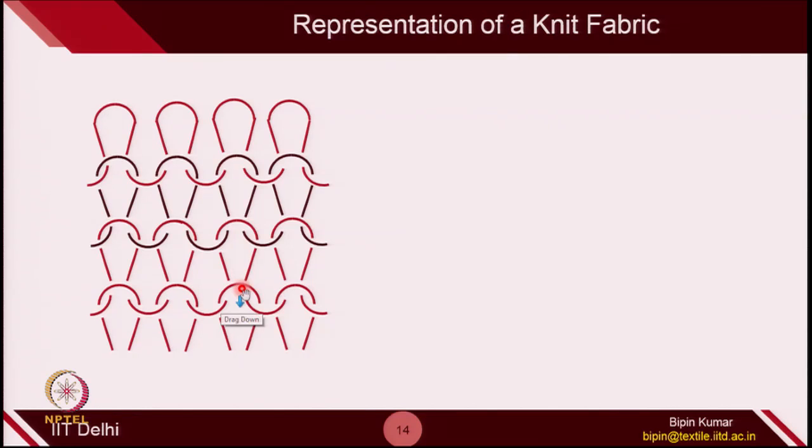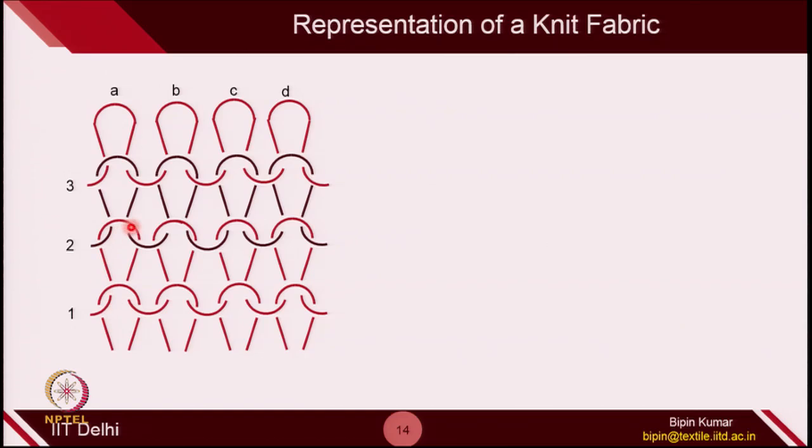To represent this fabric, you can easily find out the number of loops which you want to represent. For example, here you have 4 columns of loops A, B, C, D, and if you count the number of rows, there are 1, 2, 3 and 4. But for the fourth one, we have no idea whether it is being formed on the front side or on the back side. So, for the time being, we are describing only 3 rows, which are 1, 2 and 3. I have denoted 1, 2 and 3 right at the end of the yarn movement.